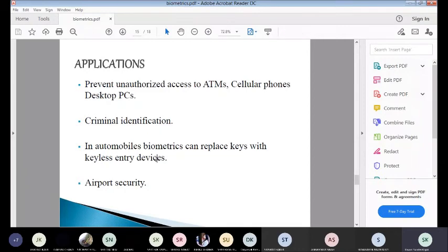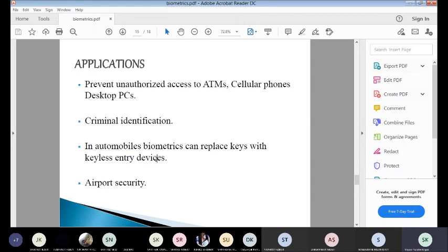The same thing we can do using biometrics for starting the car. In the new technology, you don't need to carry a key. The car can be started just by pressing your thumb, and no one else can drive the car. And if you want someone else to drive the car during a journey, then you can register the new driver. The software will definitely have that option.